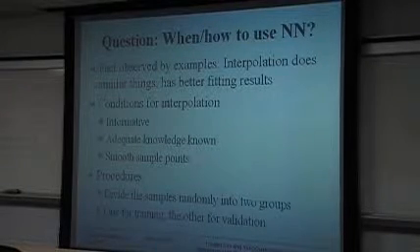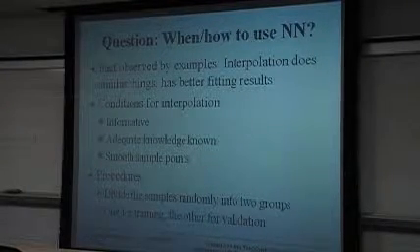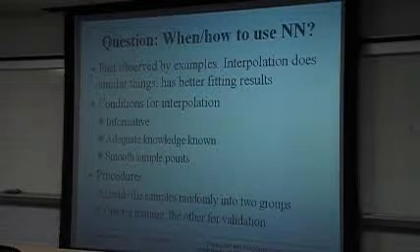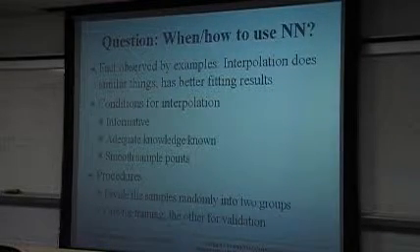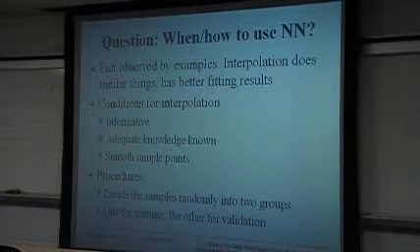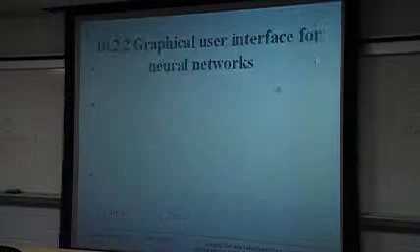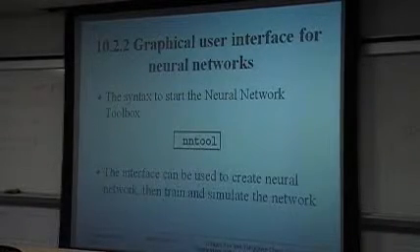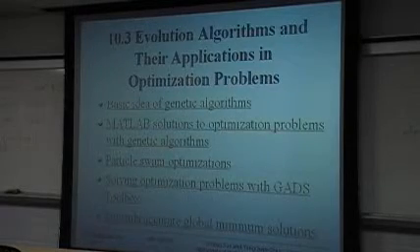So if you use this model, neural networks can be used in different ways. For instance, in control, you will have neural network controllers of different kinds. So these are the neural networks. The next topic